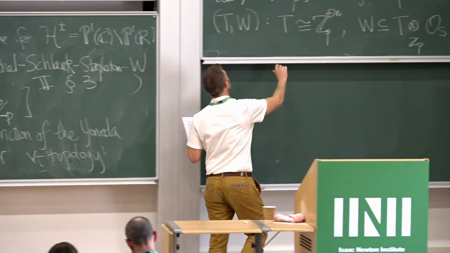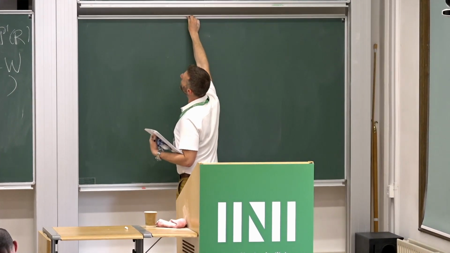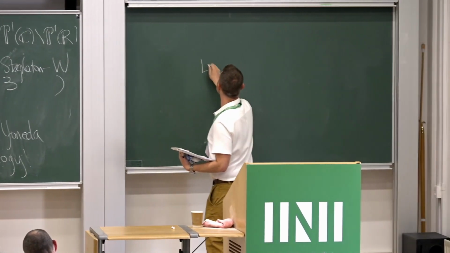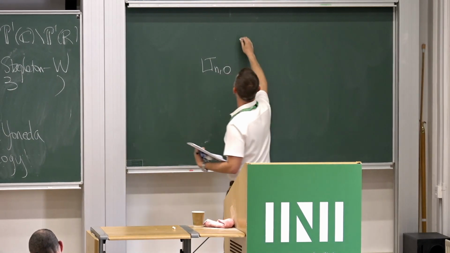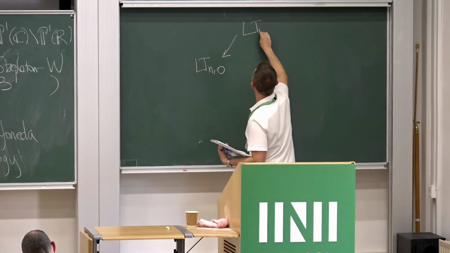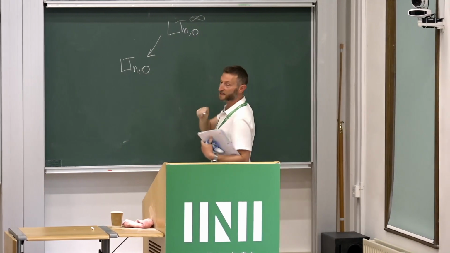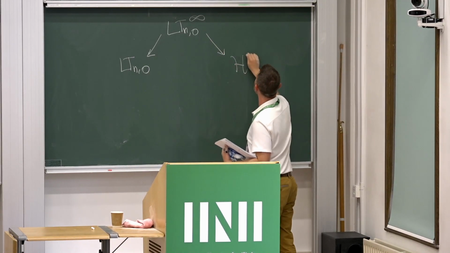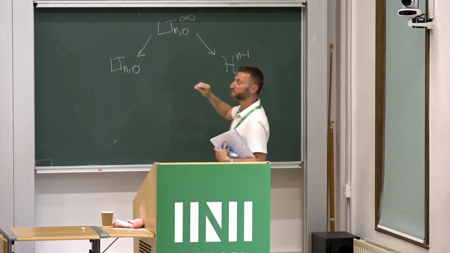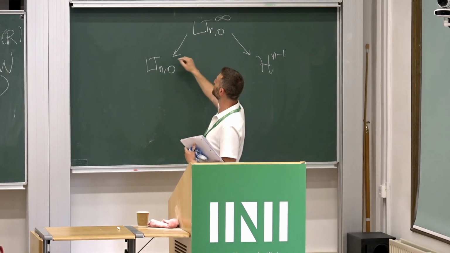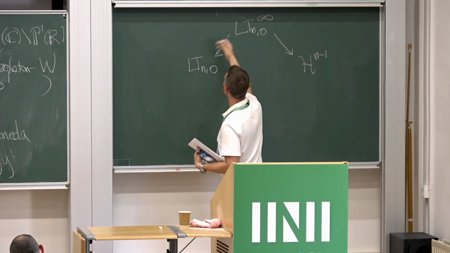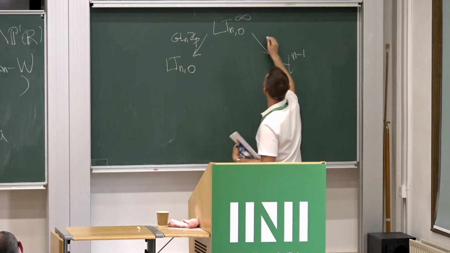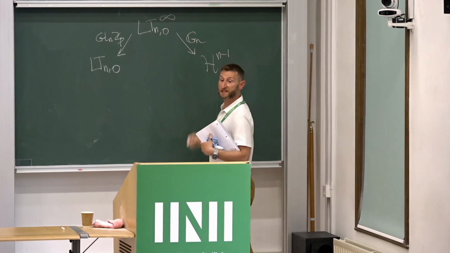Maybe I can just write the whole picture. The way that Faltings originally operated was that here's Lubin-Tate space over here. There's some huge space, LT, N0, but then add infinite level structure up here. And then there's some other space, and that's Drinfeld space mapping up here. And both of these are torsors for the various groups. This one would be the GLN(Zp), and this one would be the Gn, like so.